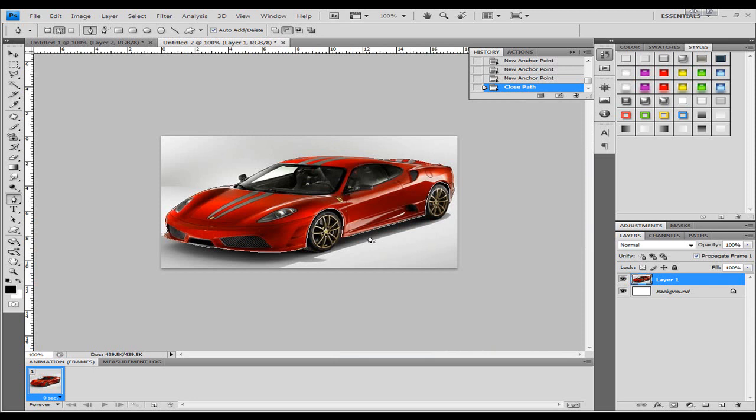Okay, so as you can see, we'll basically just outline the car with the pen tool. I haven't been particularly accurate here, but if you do this properly, then spend a little longer on it and